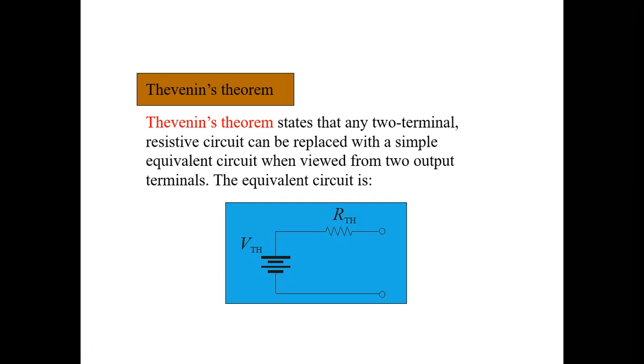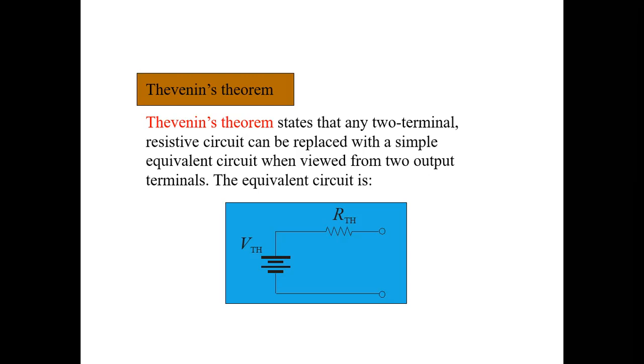Then we can easily replace the given circuit into a suitable simple form, a single voltage source in series with a resistance, where the value of VTH is equal to the open circuit voltage across the two terminals of the network, and RTH